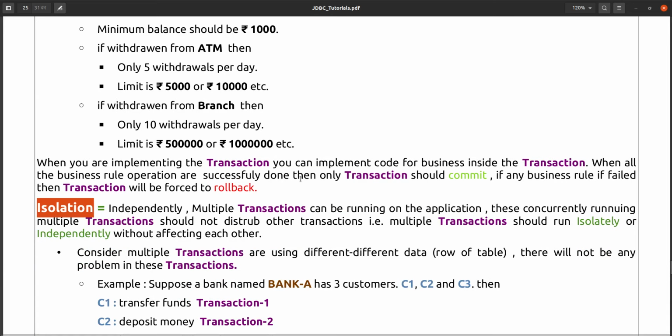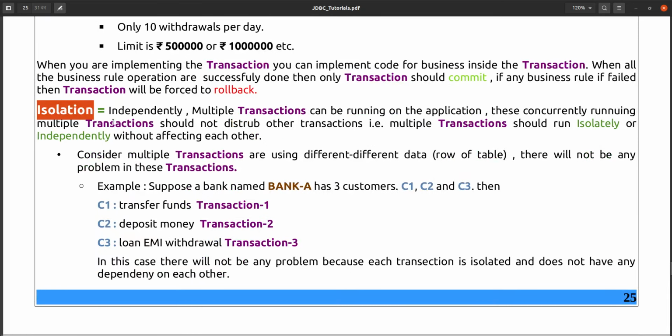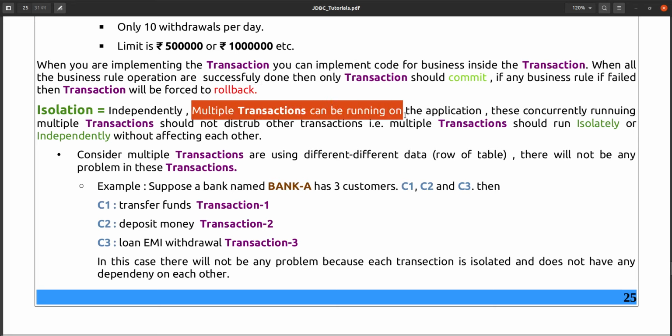Next one is isolation. What is the meaning of isolation? From the dictionary perspective, if you see the definition of isolation, it is separated or independent. What is independent? A transaction should be independent, or it should not be dependent on any other. Suppose multiple transactions can be running independently on the application.